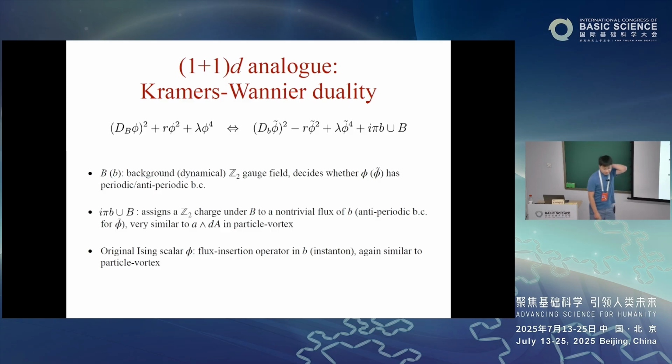In case this is not very familiar to you, there is an analog in one dimension lower that's hopefully much more familiar. It's just the 2D Ising model. If I think about the 2D Ising model, let me tentatively write it as a real φ^4 scalar theory in 1+1 dimensions. I can also think about coupling the scalar to a background Z2 gauge field. Now this dB is really just a schematic way of denoting that I'm coupling the theory to a Z2 background gauge field.